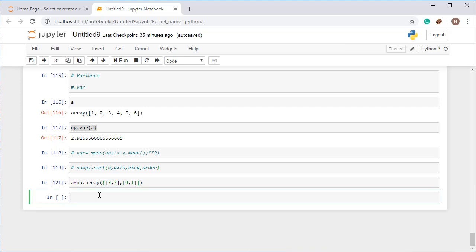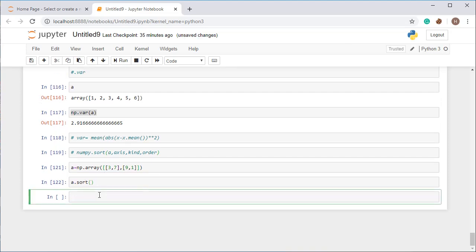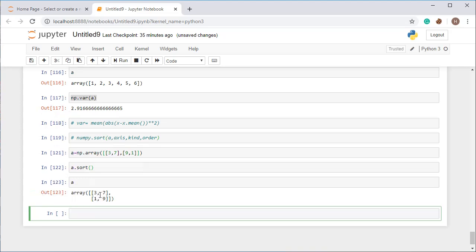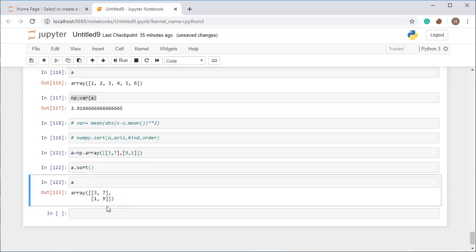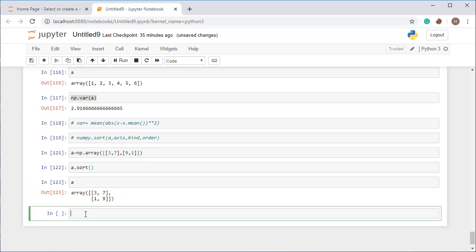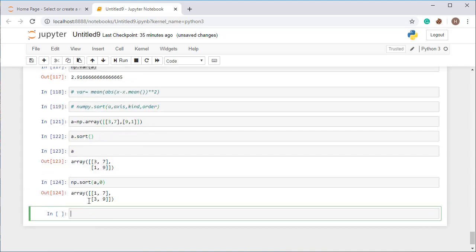When you use sort without giving any attribute, then it will sort along this way. When you give it the attribute, it will set the conditions for that. So let's see, np.sort and pass the attribute like a, 0. It will sort along the column.